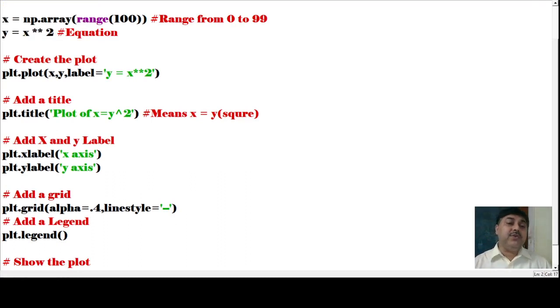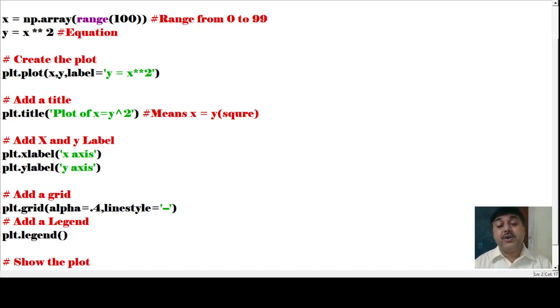Gridding means what? There are different types of gridding we can do, as I said, from 0.1 to 0.9. If you give more, it will become much bigger and will not look nice.